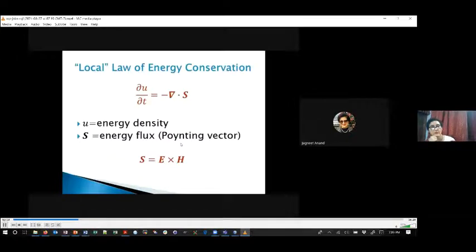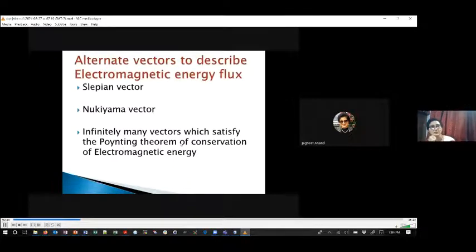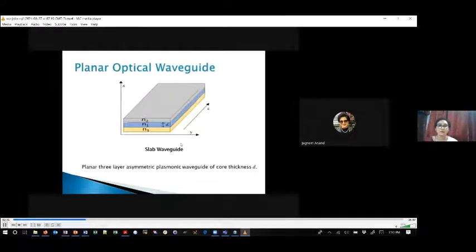So after this definition, there were lots of debates and alternative definitions. For example, Dielectric vector, Newton vector, and infinitely many vectors which satisfy the Poynting theorem of conservation of the electromagnetic energy. And E cross H being the simplest may be considered the best of all. Now coming to an optical dielectric waveguide. So generally when we try to study